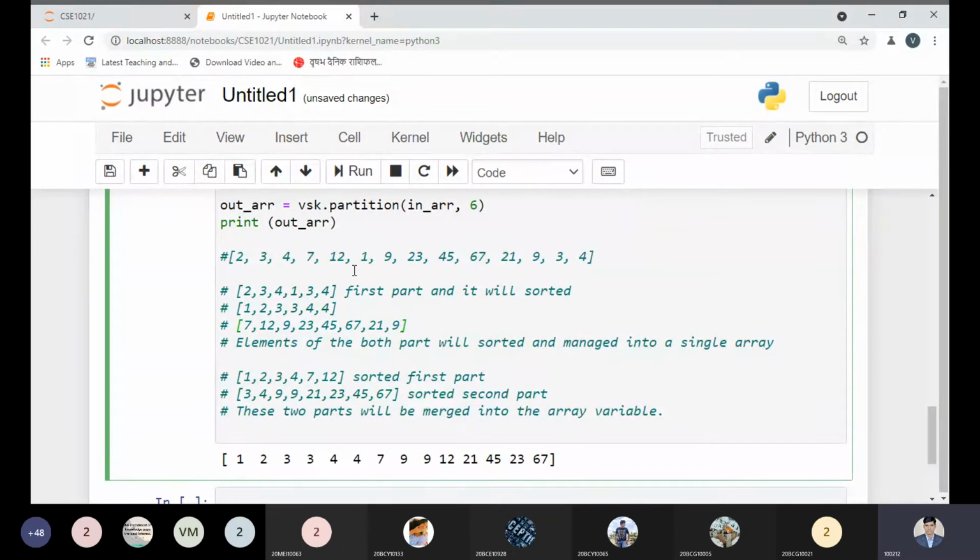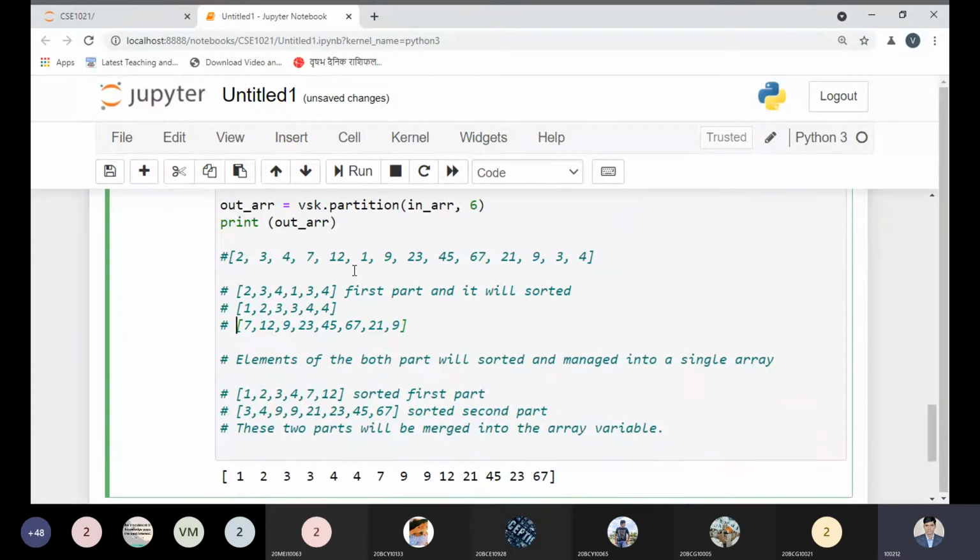Now, if I try to do so 7, 9, 7, 9, 7, 9. So 0, 1, 2, 3, 4, 5, 6. So 7, 12, 9. Okay, 9 is coming, so 9 will come over here.